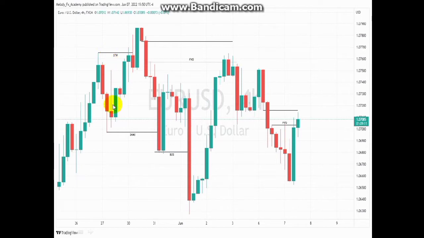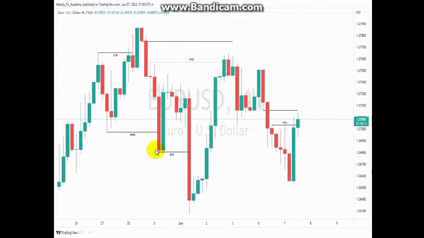Now in this Euro USD, as you can see, we have this old high. Price was trending upwards. We had this high, this low, and we had this higher high. Then we have this shift in market structure, and the trend became bearish. Then we had this break of structure downwards, so now this became our trading range. Then we have this move above upwards,